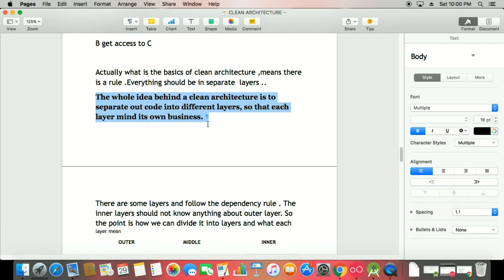Like when we are making our apps, the designer does their work, the tester does their work, and the coder does theirs. If you have multiple coders working on the same project, they work on different folders, or on what they are making. Some are doing the view holder work, some are doing the view work. So the whole idea behind clean architecture, I'm saying again, is to separate code into different layers so that each layer minds its own business.